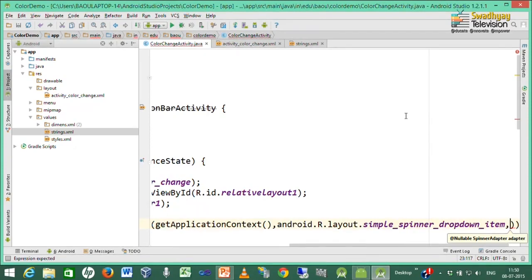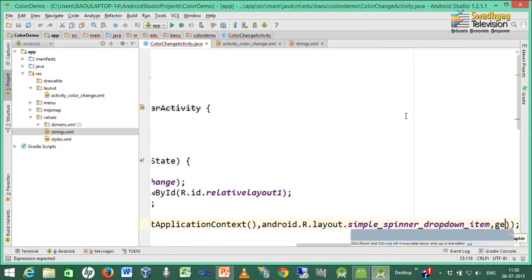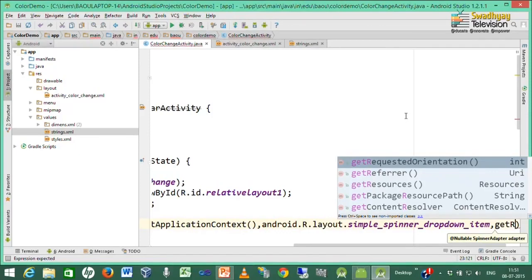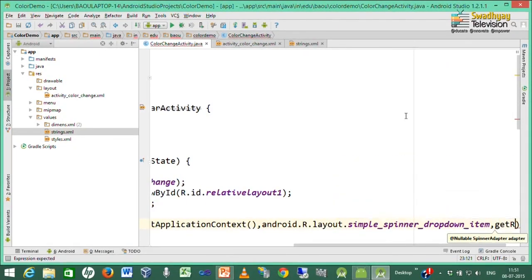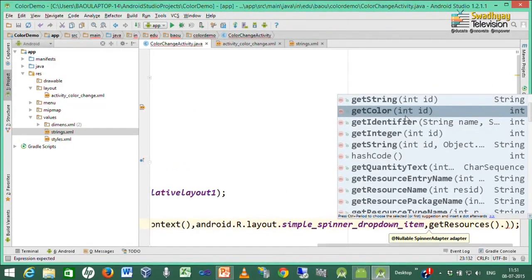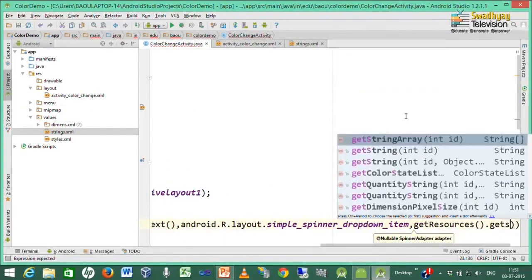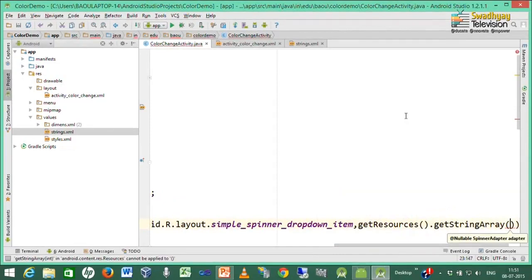So, we have to fetch this array from resources. So, there is a method called getResources, and inside that getStringArray, and inside that we have to specify our ID.